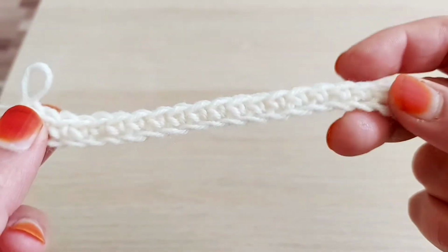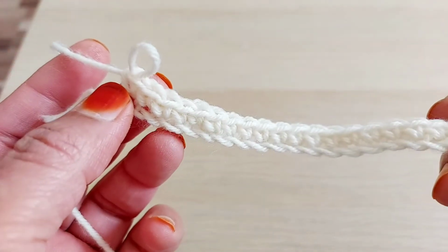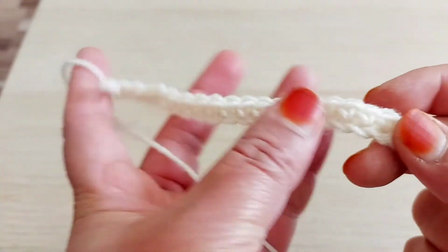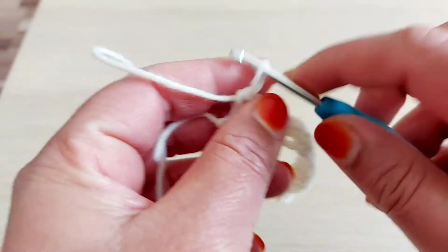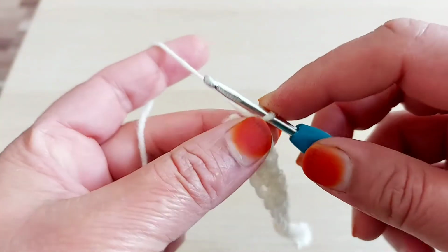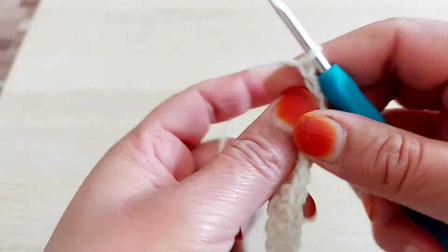So viewers, I am at the end. I have 20 single crochet. For example, if you want to make 90 chains, then make 91, then you should have 90 single crochet. So that's why you need an even number. Chain 3,